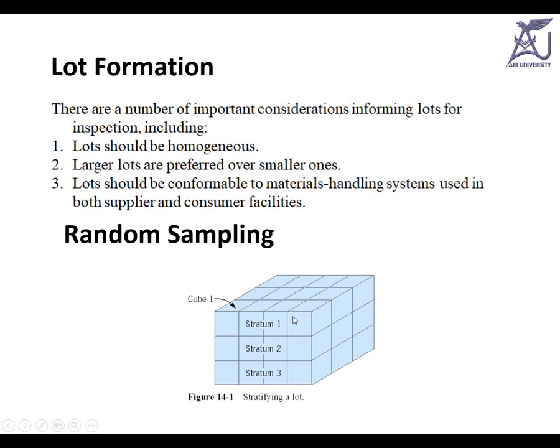So you can generate the random number, and accordingly you can pick the part in this random sampling. It is not advisable to pick just the sample on the top, or in the front, or on this side. If you do that, that will be a biased sampling. So you have to be very careful about the selection of the sample inside the lot acceptance sampling. This is a very important thing. It should be unbiased and it should be random sampling.